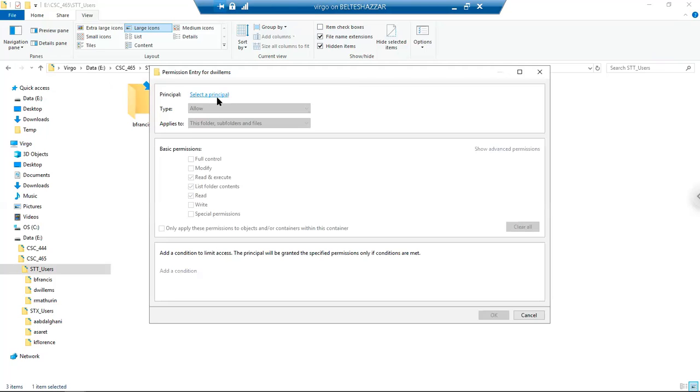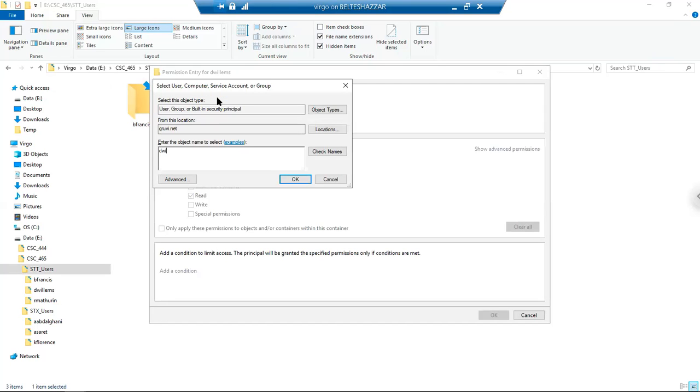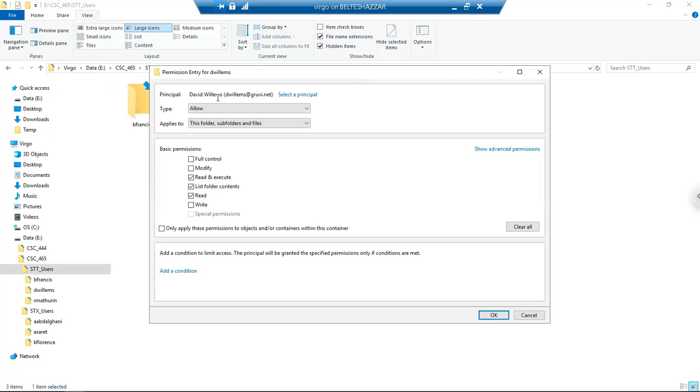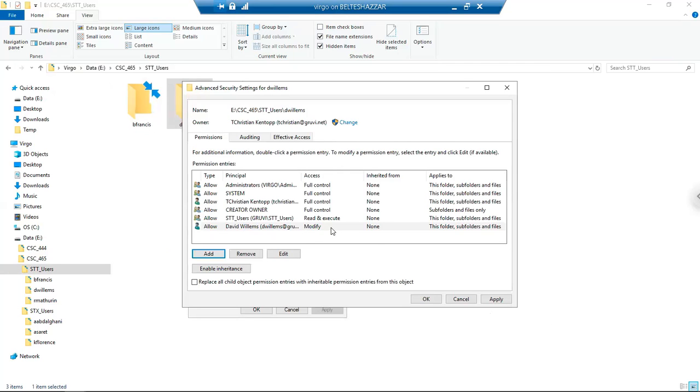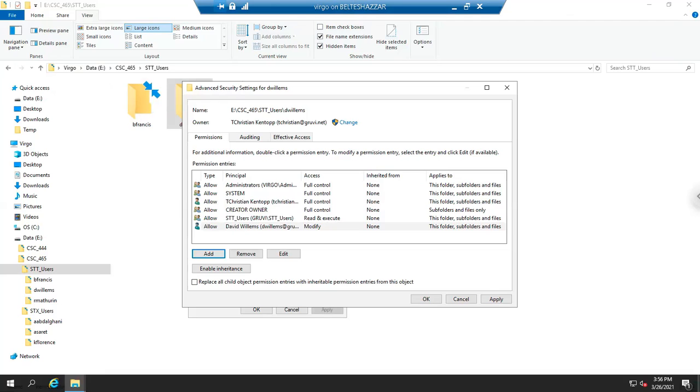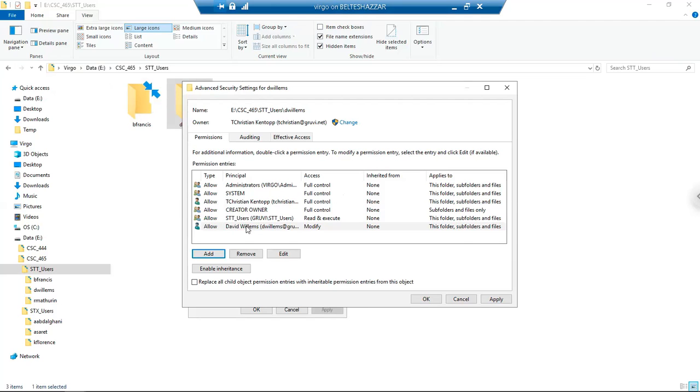So I'm going to put D. Willems, and I'm going to put modify and write, I'm sorry. Now, why wouldn't I put full control? This is something really important I want you to understand. Why wouldn't I put full control? If I put full control and I change ownership up here to D. Willems, and that's the last thing I'm going to do before I leave, I'm actually going to remove my name,